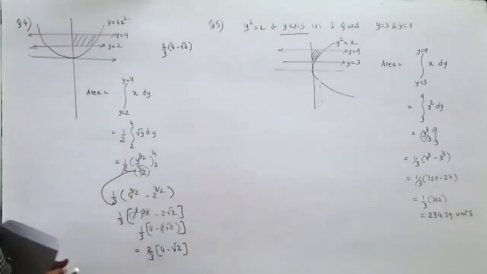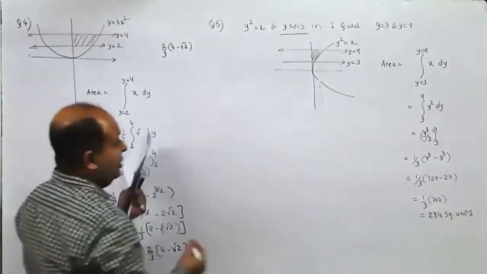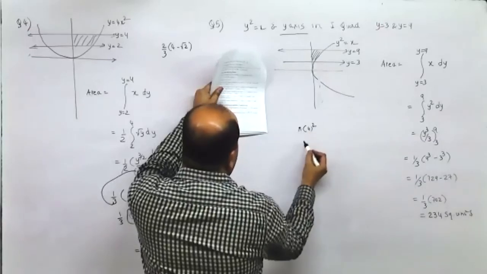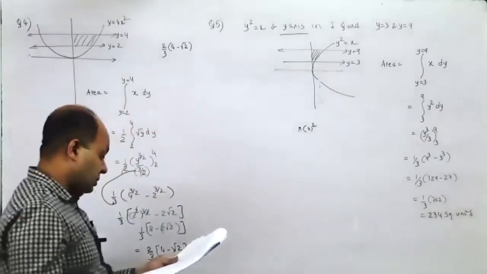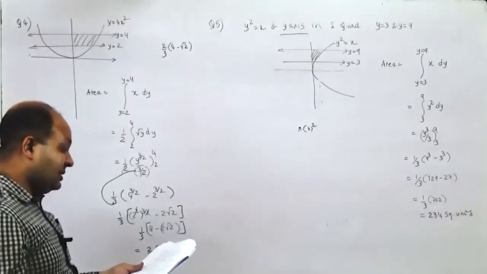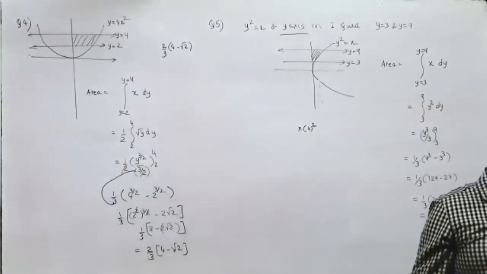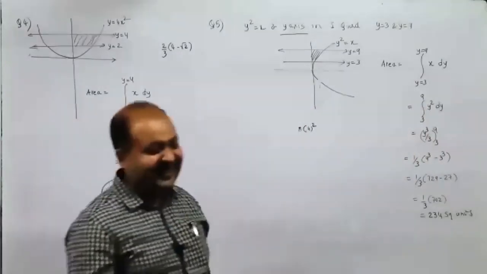Even in the second one, it is given 25 pi square units. Which one are you speaking about? Fill in the blank, the second one. x square plus y square equal to 16, you mean to say? Yes, sir. That should be wrong. It is given 25, how can it be 25? It is pi into 4 square. Yes, so it is wrong. It should be 16 pi. And for the seventh, the true or false, the answer is not given. And for the remaining ones, they have given the answers? Yes, sir. Okay. So it should be minus itself. Even they would have got confused after writing the question.